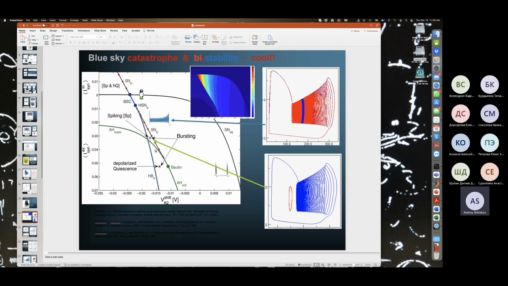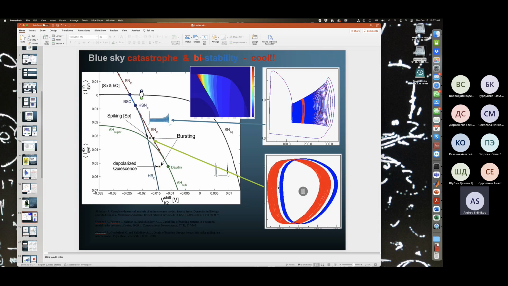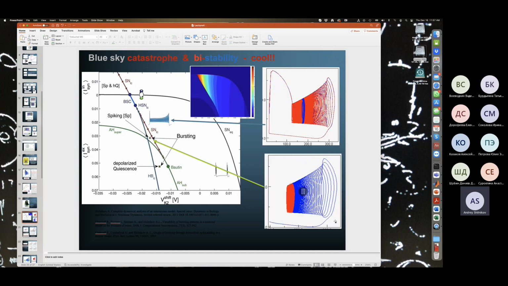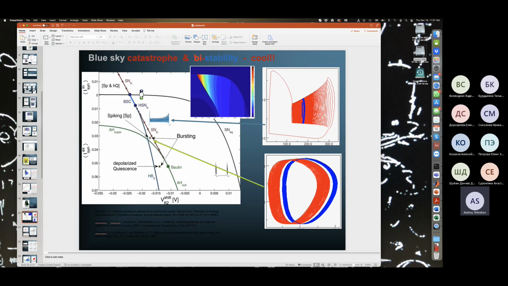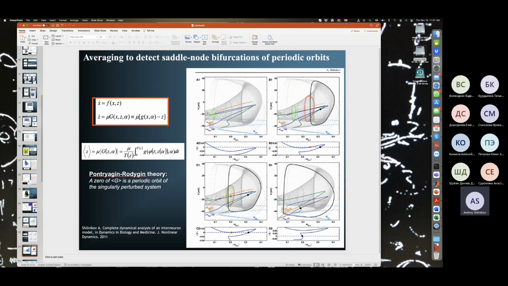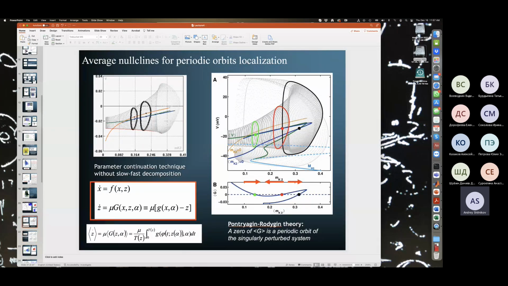Whereas in this region right here, you have bistability. So depending on initial conditions, two trajectories diverge in space to converge to a bursting trajectory, the blue one, and the tonic spiking trajectory, which is shown in red. So clearly in between there is a threshold. All right, and okay, now let's talk about